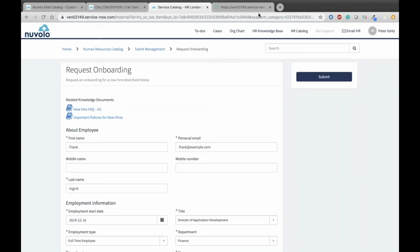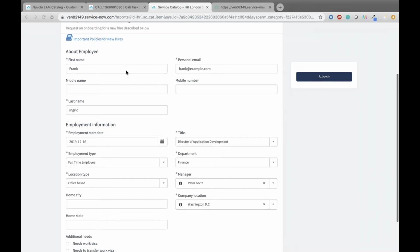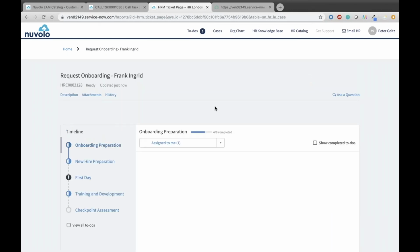And then also the ability to collaborate with the HR department for onboarding and offboarding. It's likely if you have the ServiceNow HR application, you already have a portal in place for onboarding and offboarding requests. Here, for example, we already have pulled up the ServiceNow HR portal. This gives the ability for hiring managers to request a new hire start date. And as I go to initiate this, this is where Nuvolo can also come in to support the facilities team. So when this request is made, it'll then automatically generate all of those types of HR requests, which you're already doing today. But in the background, what it will also create is a work order or a task